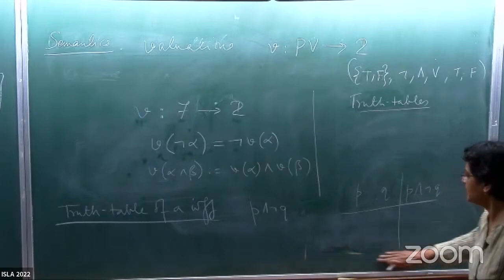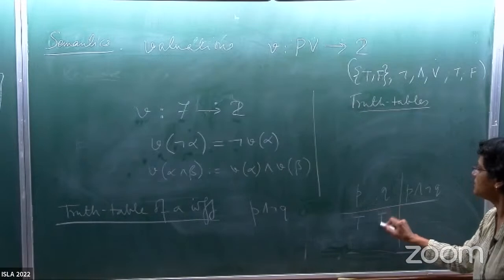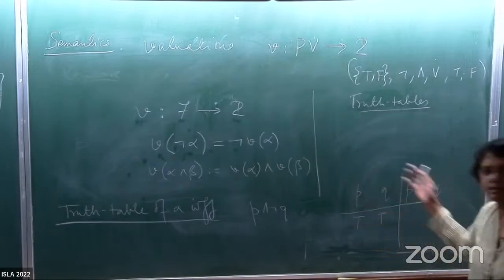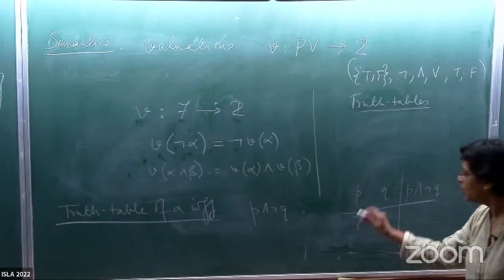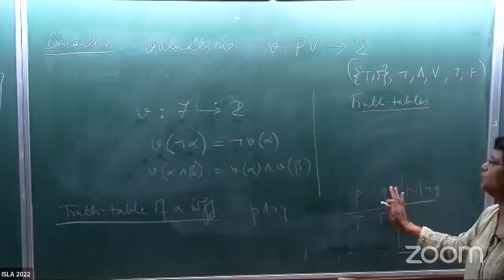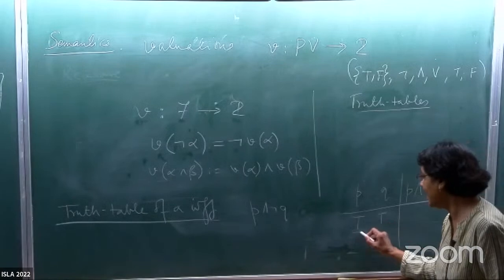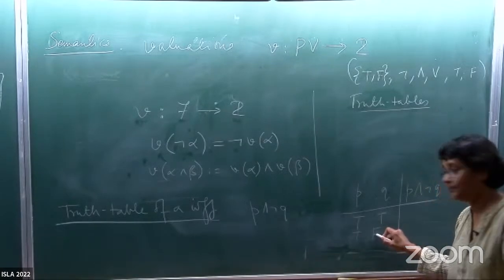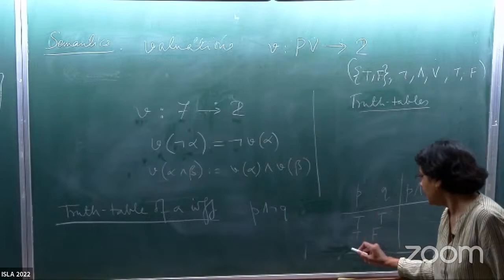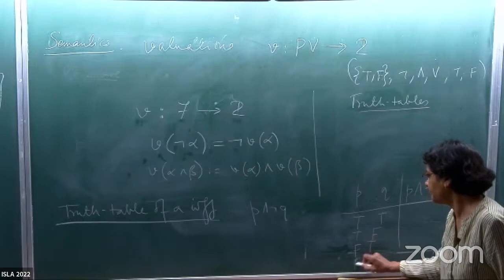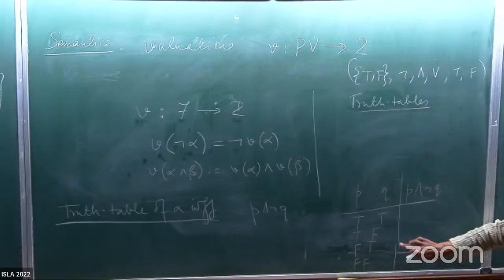What we would do here is list out all the possible truth values that these two propositional variables take, right? So that's clearly the way to define a truth table, right? So on the left of this, the first few columns, according to the number of propositional variables that your formula has, would list down all the possible truth values that those variables can take. So in this case, how many can there be? 4, right? So 2 into 2. So you have this.